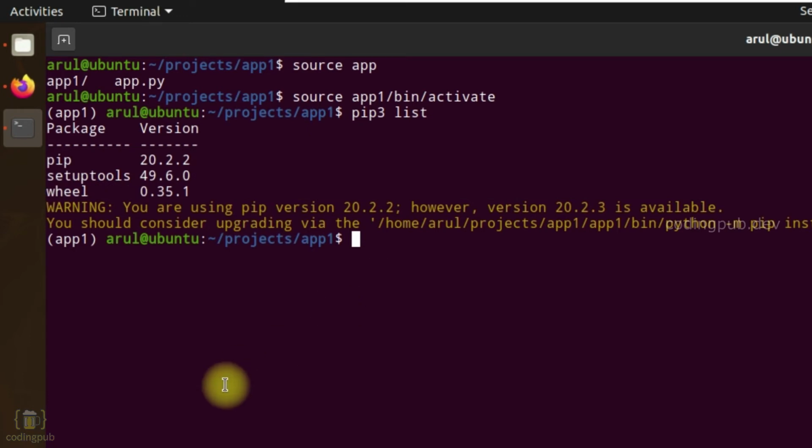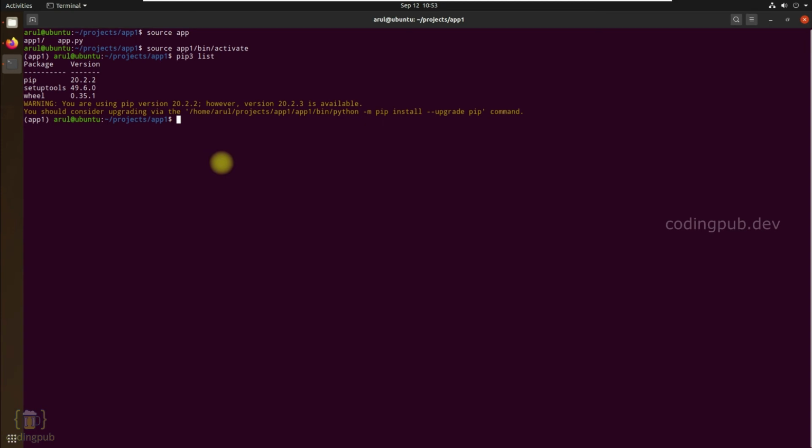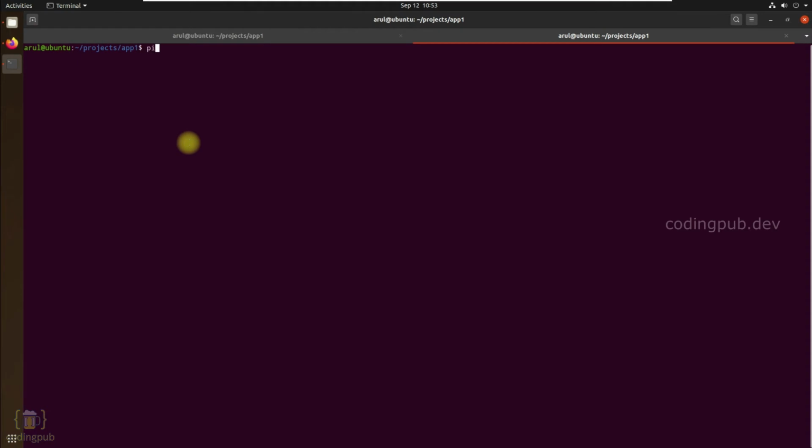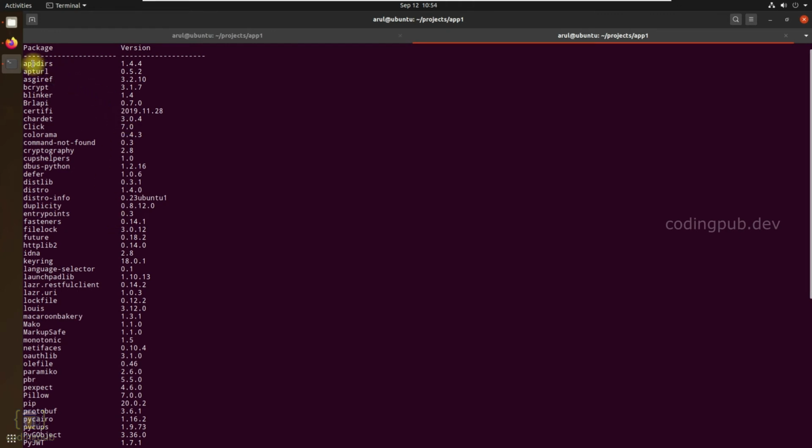We already know how to install, uninstall or update packages using pip. You can do all those operations in the virtual environment, but when you install a package inside the virtual environment, it will not affect your global packages. For example, let's list our global packages installed on our system. As you can see, the first package, appdirs, is of version 1.4.4.